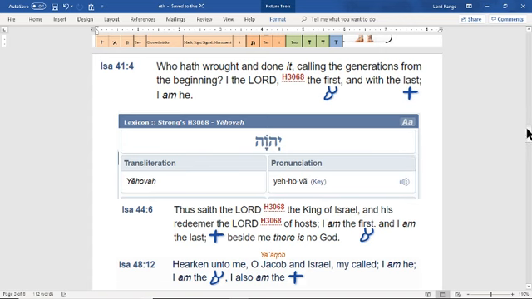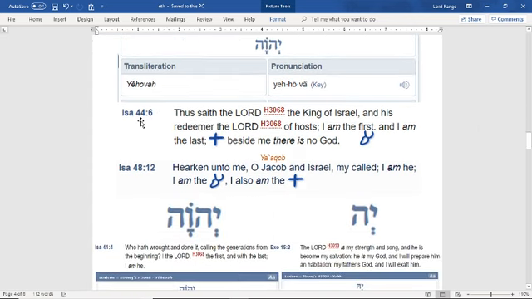Now from here, I'm going to go to Isaiah chapter 44, verse 6. And it says, "Thus saith Jehovah, the King of Israel, and his Redeemer, the Jehovah of armies." Here we go again. I am the first, I am El. So now we have Jehovah saying he is El. And I am the last. In other words, Jehovah is saying he's the El that is going to be crucified, the head of Elohim that is going to be crucified. And he said, "And beside me there is no God," or no Elohim.